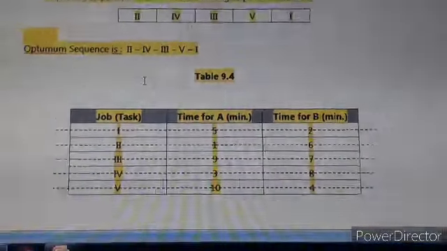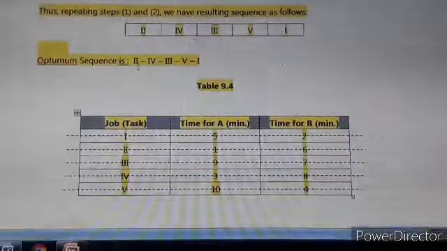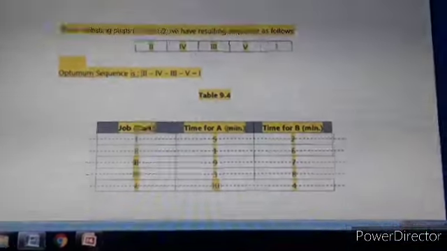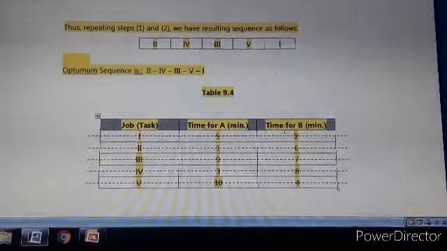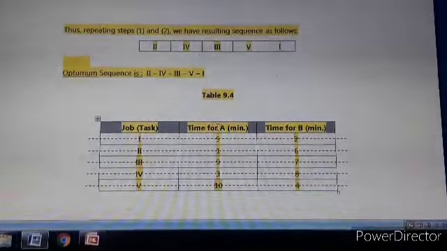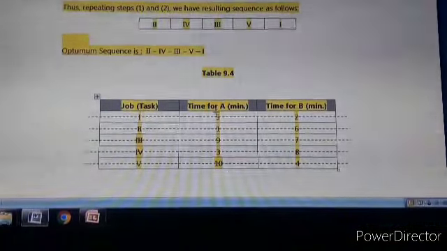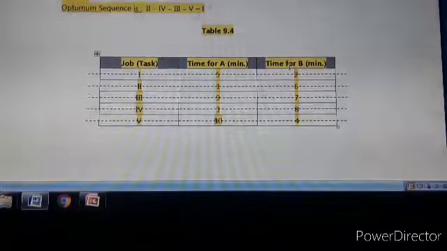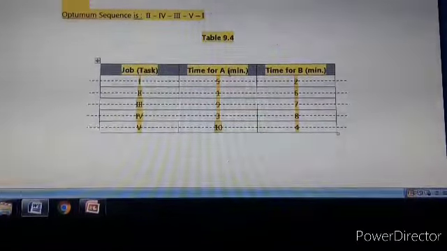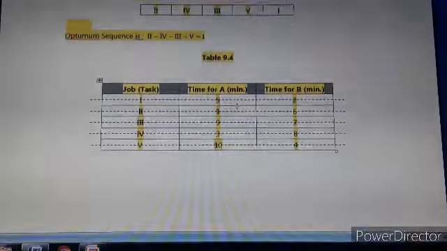Now once we find the optimum sequence, we have to find the idle time for machine 1 as well as for machine 2, and the total processing time and the total idle time. In order to find the idle time for machine A and for machine B, and the total processing time, let us prepare one table.